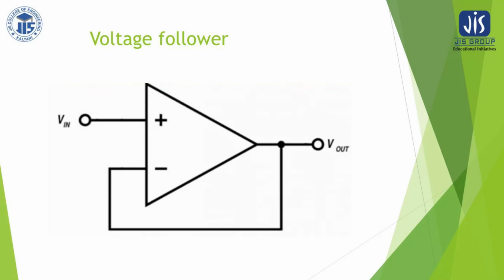So what is happening here, as we discussed, Vd is almost equal to 0. Therefore whatever is the input voltage, that is short circuited to this terminal, and that is also appearing at the output. So V0 here is almost equal to Vi. So this is the purpose of the voltage follower circuit. Now next we will move on to some other important circuit which is called the summing amplifier.